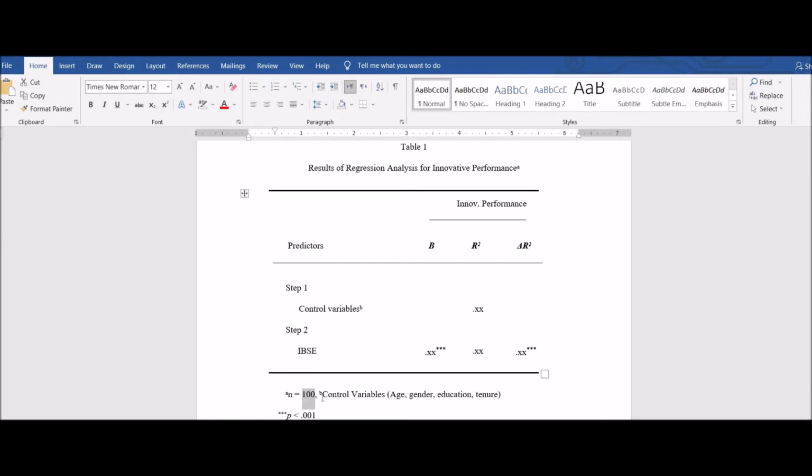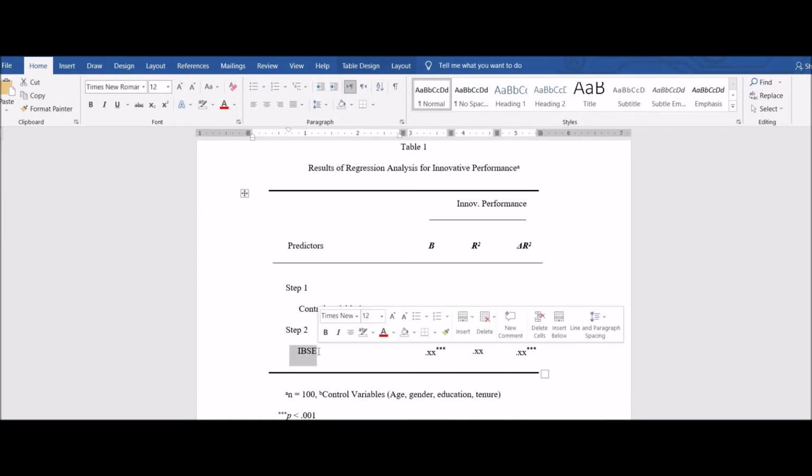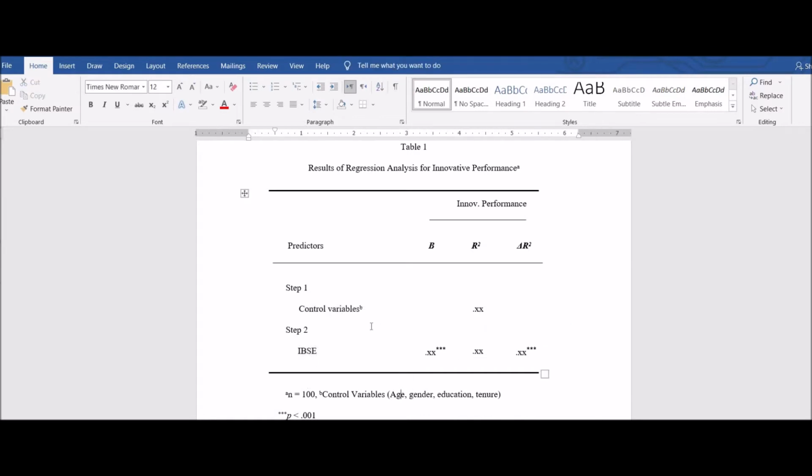These are predictors and innovative performance. Step 1, you need to enter control variables. And in step 2, you need to enter the IBSC or your independent variables. This P represents that control variables are age, gender, education, and tenure.